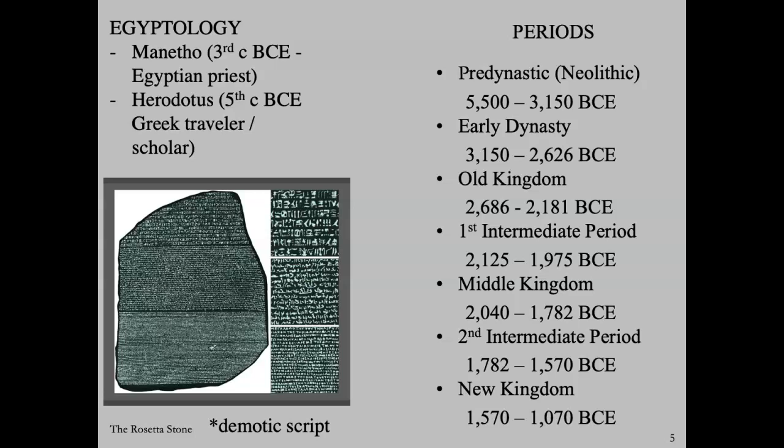Nevertheless, this gives us a basis for later scholars who start to sketch out a history of periods in ancient Egypt. We start with the pre-dynastic, which is really when the Neolithic villages start to evolve, starting in 5500 BCE. Then we look at the early dynasty, and this is a period where ancient Egypt really starts to form and is signaled by the unification of the lower Egypt with the upper Egypt, and unification under one king.